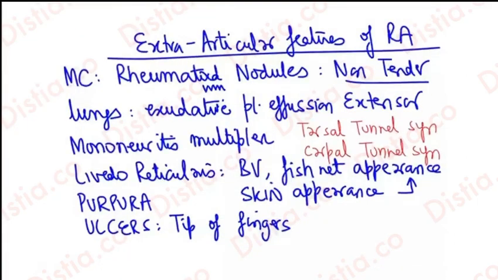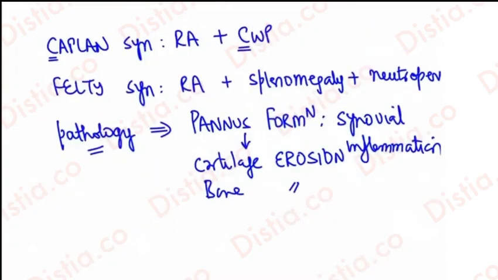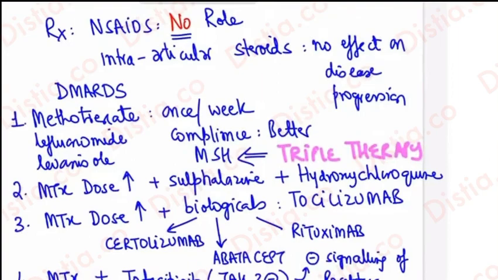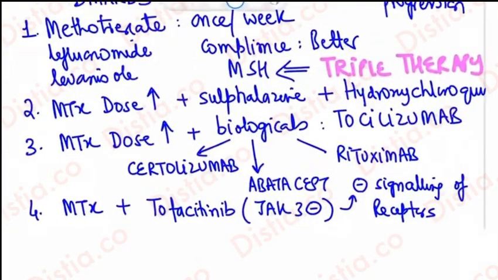The drug part is first we give methotrexate, then we upgrade to triple therapy, then we subsequently can add biologicals. That is if we are having a partial response, and we can definitely use an oral molecule, that is tofacitinib, which they love to ask from the pharmacological domain as well. The topic is relatively a straightforward one. It is just that diagram that I made before you for extra articular manifestations going from top to bottom. Now, once you're done with this topic, I would suggest you to draw the diagram of extra articular manifestations starting from top to bottom by yourself, so that